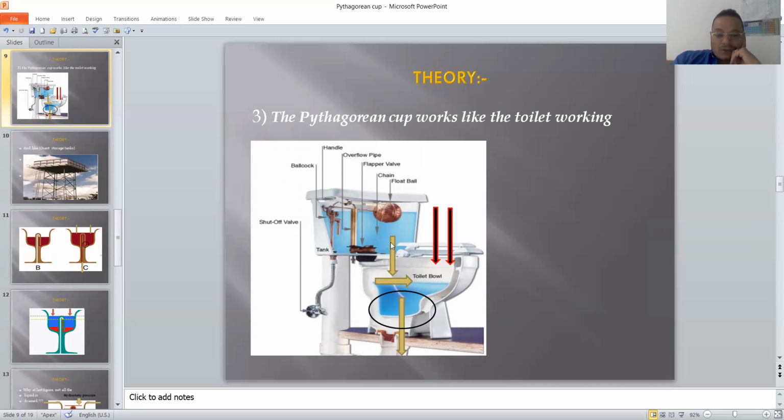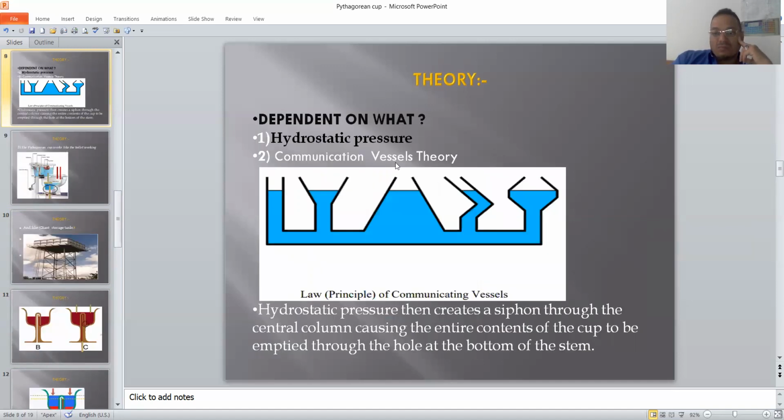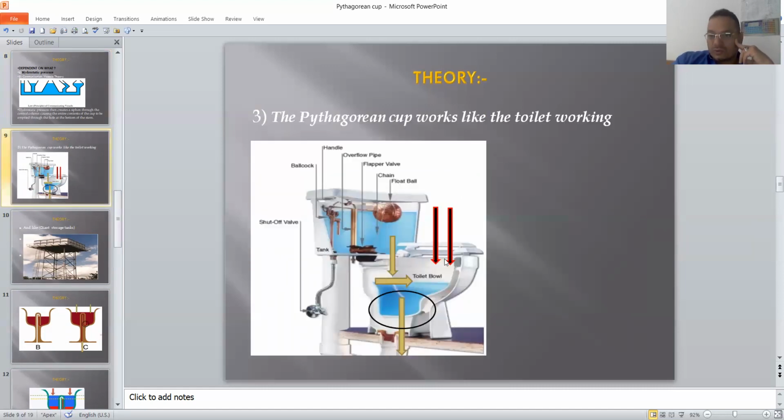Now let's come back to our topic. Here we are dealing with remaining water. Why can't this remaining water throw out from this point? Because of the same reason: hydrostatic pressure is not enough to let this water throw out from this hole. But the situation will be different when I push the button and let the water drop here, the hydrostatic pressure will be more, and that will lead the water to throw out from this hole.